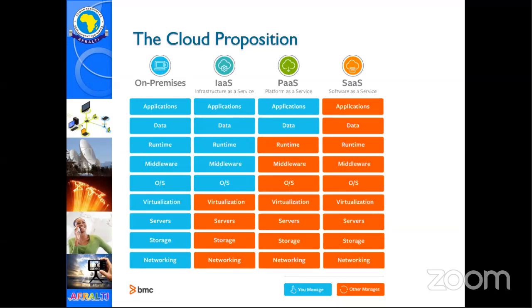cloud, they go sit with their CEO and their finance guys and say, we want to move to the cloud because of the new normal, what people are calling the new normal. But then the finance guy is like, you can't move to the cloud. We just spent 5 million shillings the other day on renewing licenses. So what are we going to do? So with infrastructure as a service, you're able to migrate your existing setup in your office directly to the cloud. Basically, you lift and shift into the cloud. Exactly what you have in the office, you take it to the cloud. So that is a good proposition to such organizations.